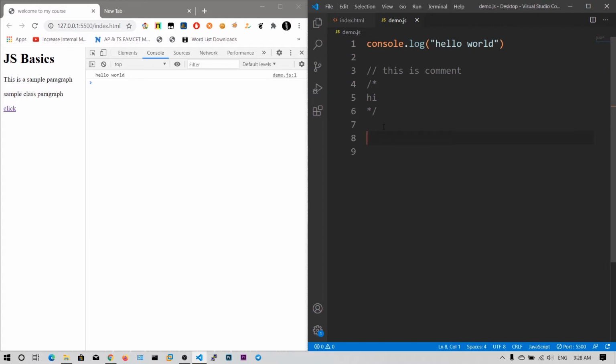So let's talk about these variables. There are 3 ways to define a variable. One is using var, another is using let, and another is using const. When I learned JavaScript in my college two years ago, they told me about only var and const.